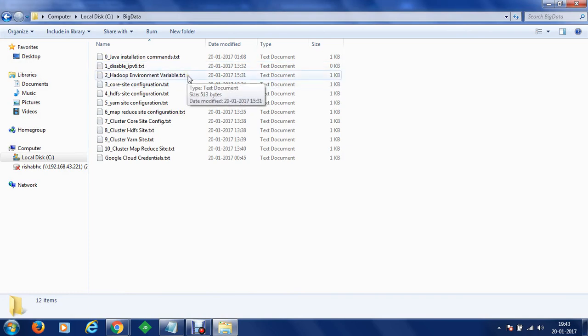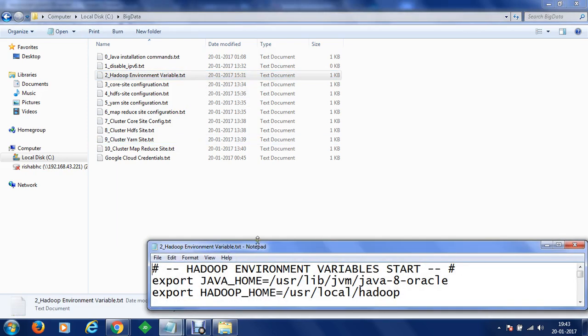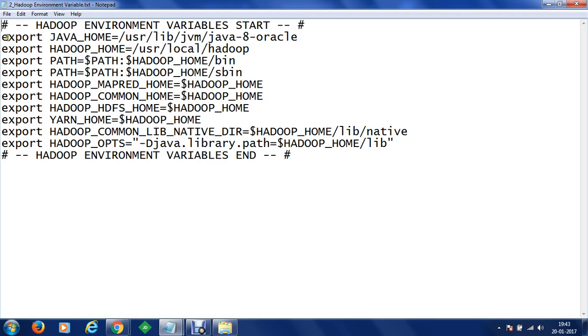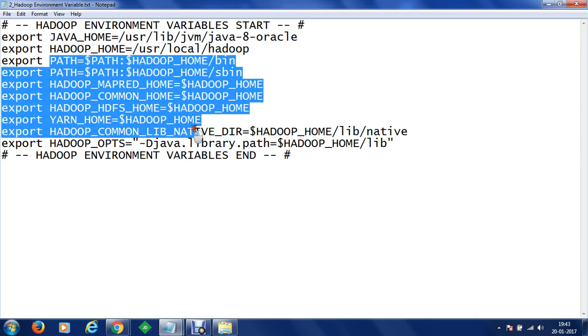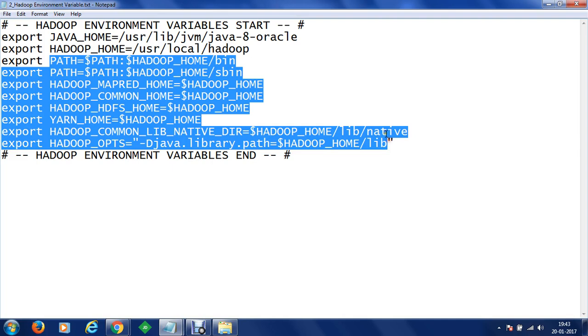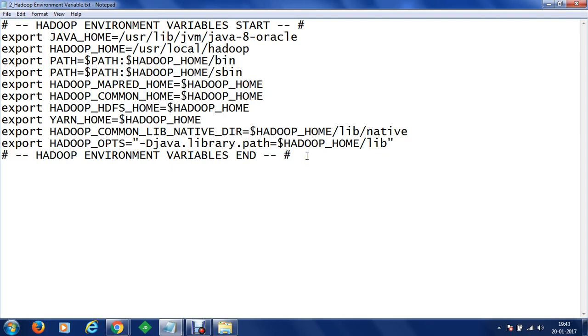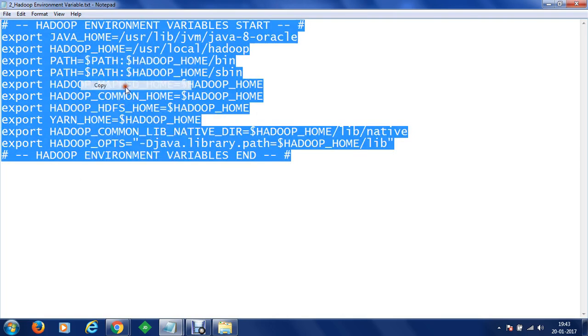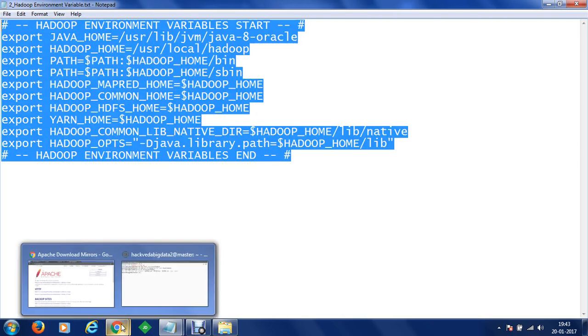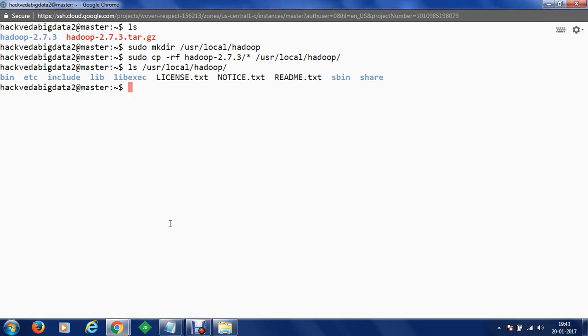So first of all, I would like to get started with configuration of environment variables for Hadoop. In the configurations, let me just explain. We are setting Java home, we are setting Hadoop home, and there are various other environment variables which we will set, which are required for our Hadoop to operate properly on our Linux instance. So let's just copy this, right click, copy. We'll go to our Linux instance and we are going to paste the configuration within sudo nano .bashrc.